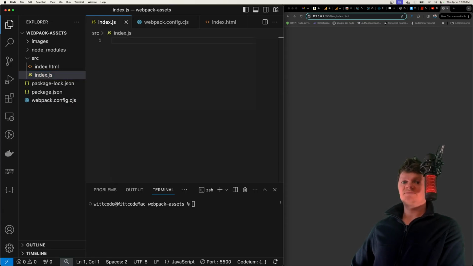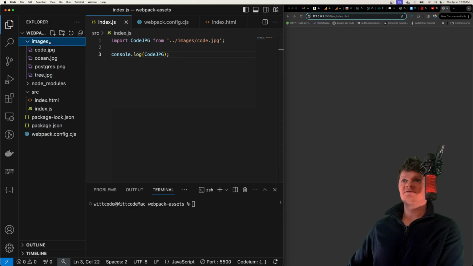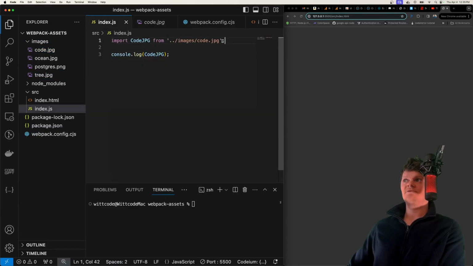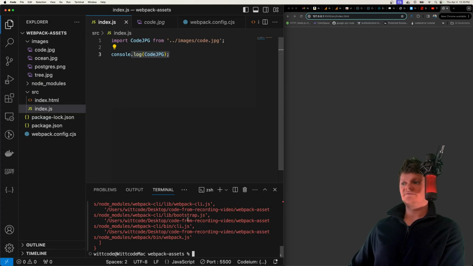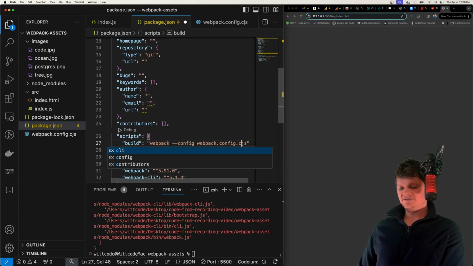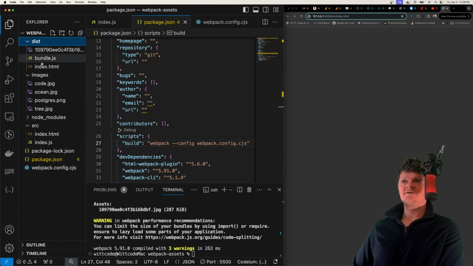So what I have here is an index.js file, and inside here I'm just going to import a JPEG. So inside this folder called images, we have this code.jpeg, and let's import it. And then I'm also going to log it out to the console like this. So if I were to do npm run build, what we get outputted here is an HTML file, our bundled JavaScript,